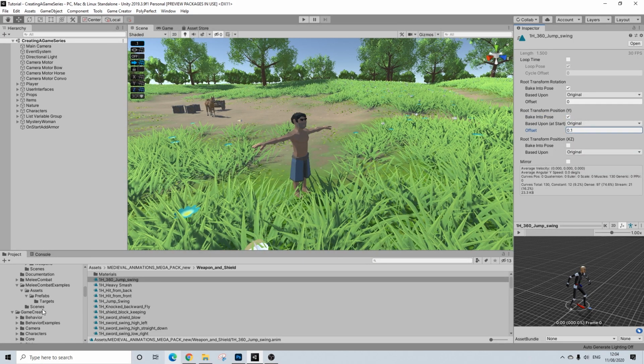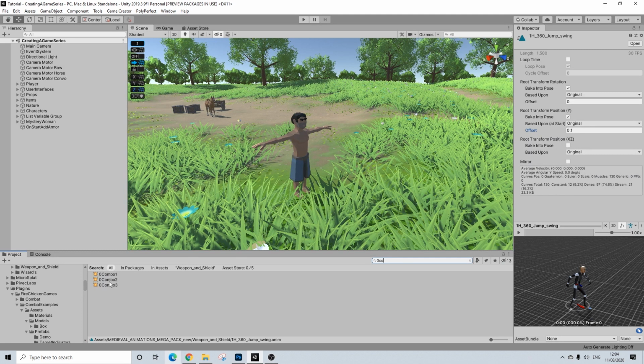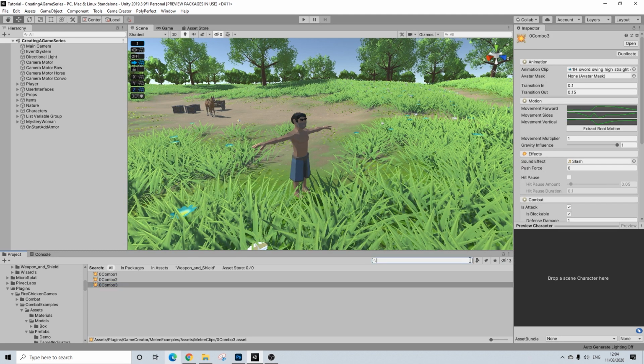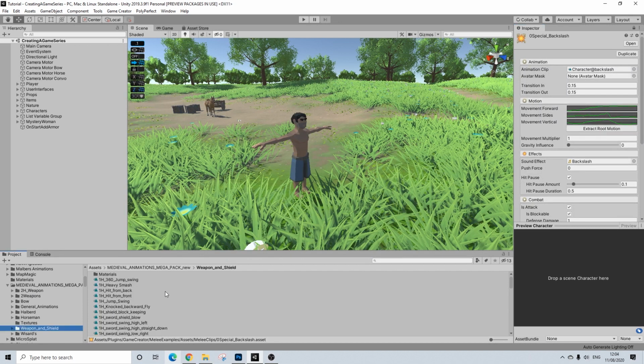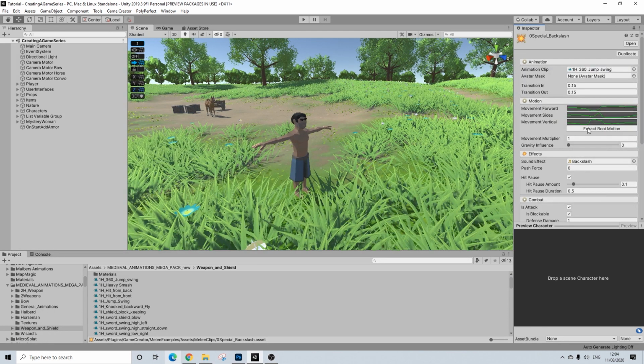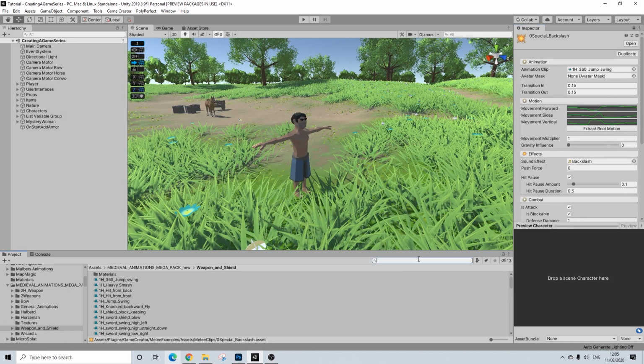So let's go back to our clip. And this is one of those reasons you should actually just have them in a different folder. This makes this whole process a bit easier. So backslash, and we're going to be using that jump swing, or that swing. And that's another thing to keep in mind, they don't have to be the same. I think that's quite an important thing to call out. They don't have to be similar in terms of animations. It's just the input that really matters. So cool. So we have our basics and